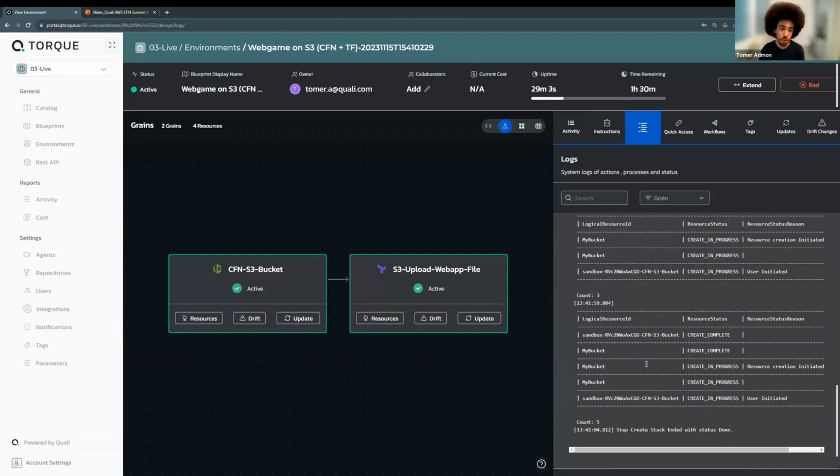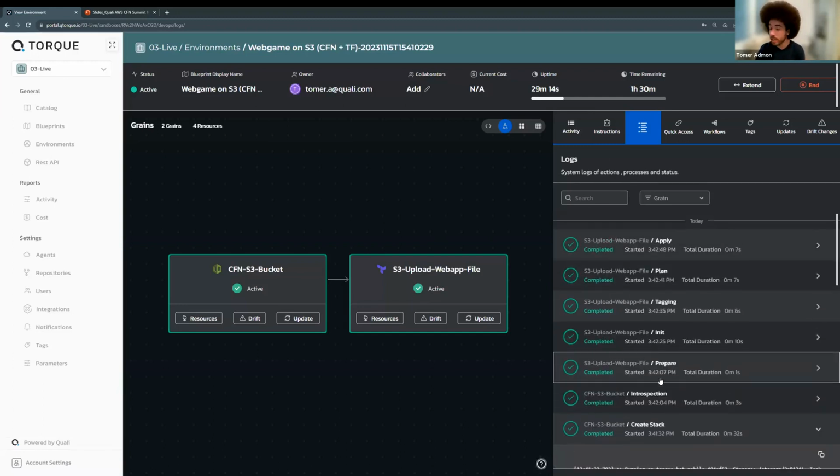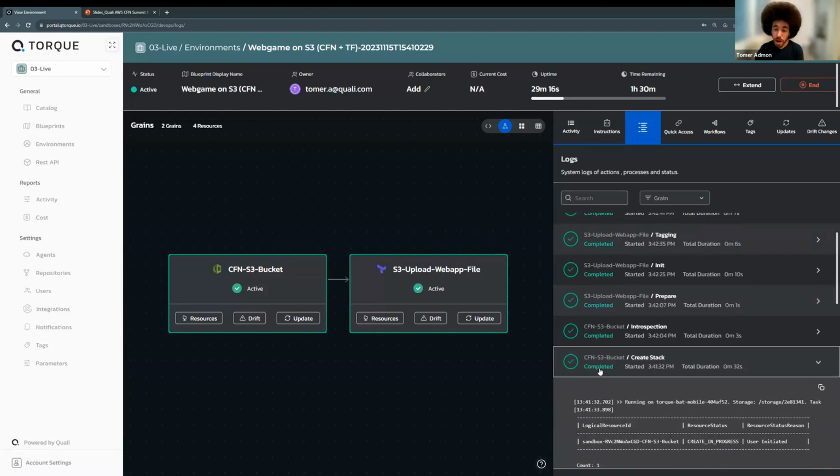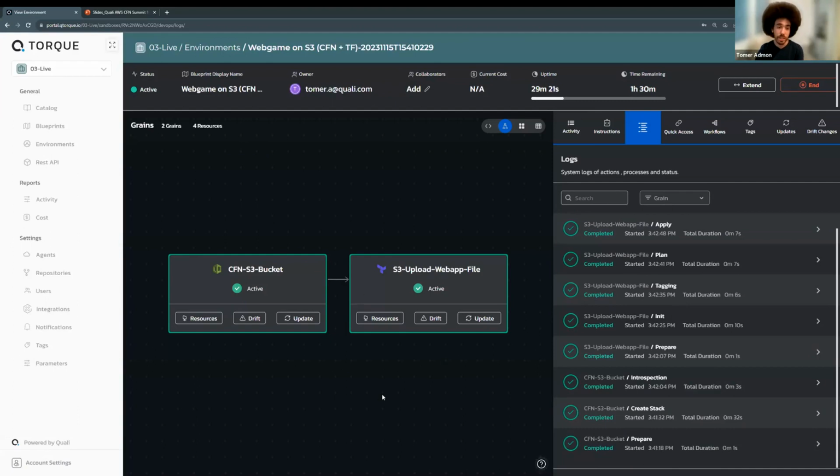Now, everything you need to do is to take your existing investment in CloudFormation, bring it into Torque, or actually point Torque to it, and Torque will be able to discover it and deploy it. Now, I'm going to show you how to do it in a second, but what I want to show you here is that throughout this deployment process, we've done a lot of things that are really helpful and can enable you to deploy your infrastructure in a much more standardized way.